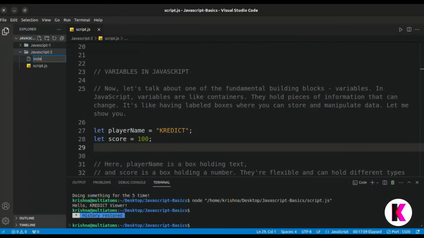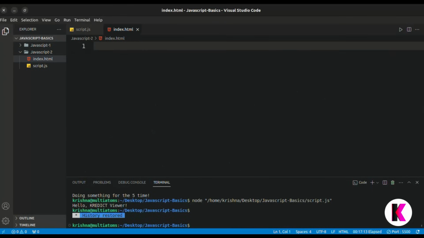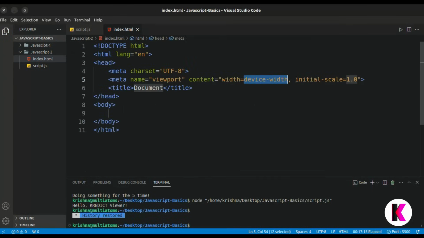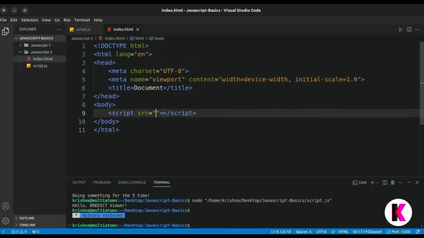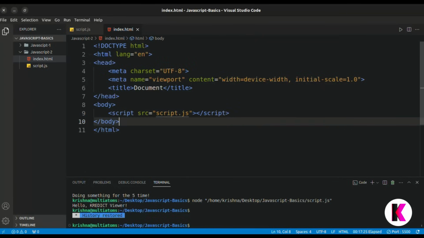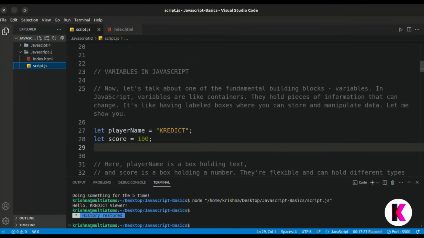So you have to just make index.html and link the JavaScript file with HTML in the script tag, script src, and here we can attach your file. Now this script.js is attached in this HTML file.